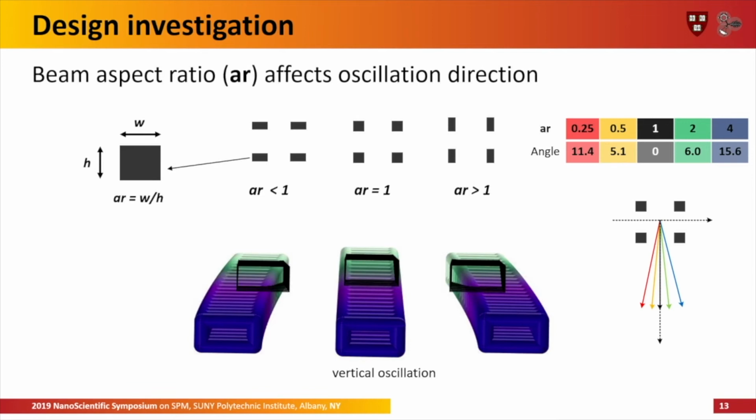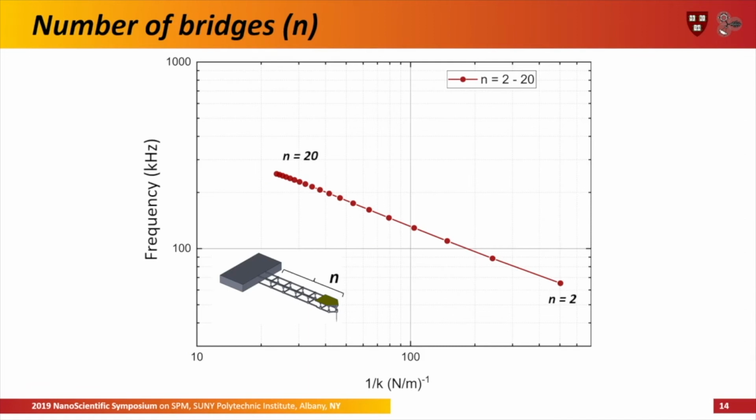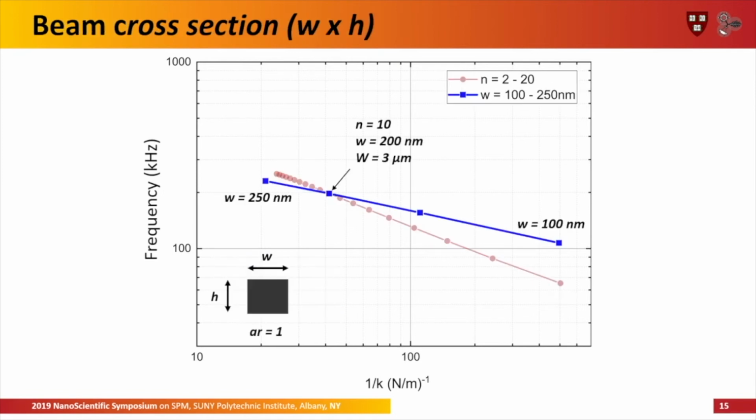Then the next parameter is the number of bridges. As expected, when we change the number of bridges from 2 to 20, it technically makes the cantilever stiffer. So we have higher frequencies, but again, at the same time we have achieved lower values in spring constant. And then we adapt one with 10 bridges, and then we